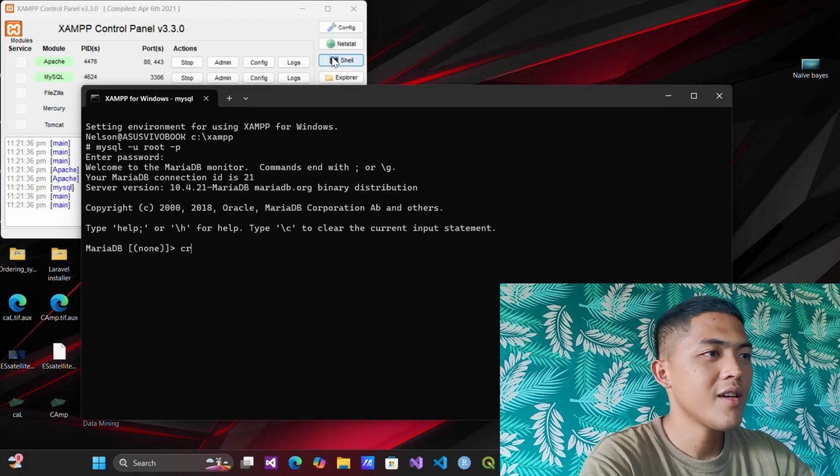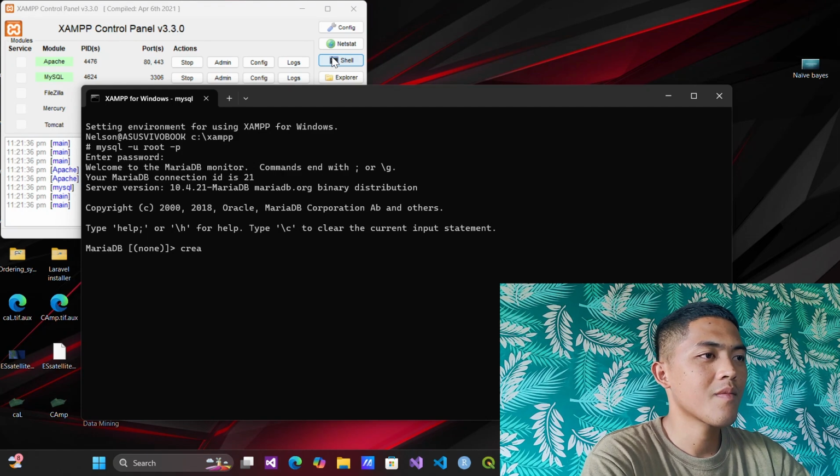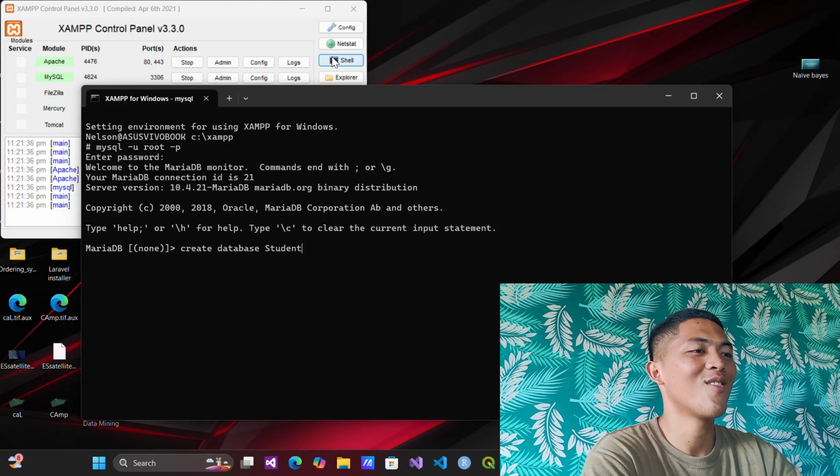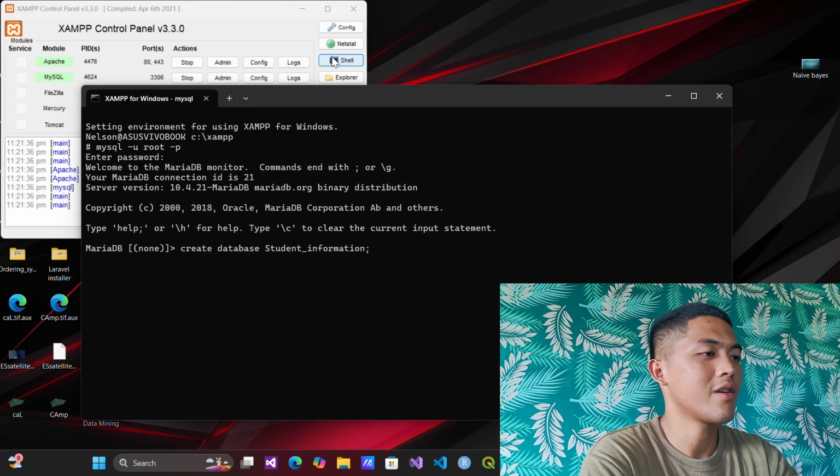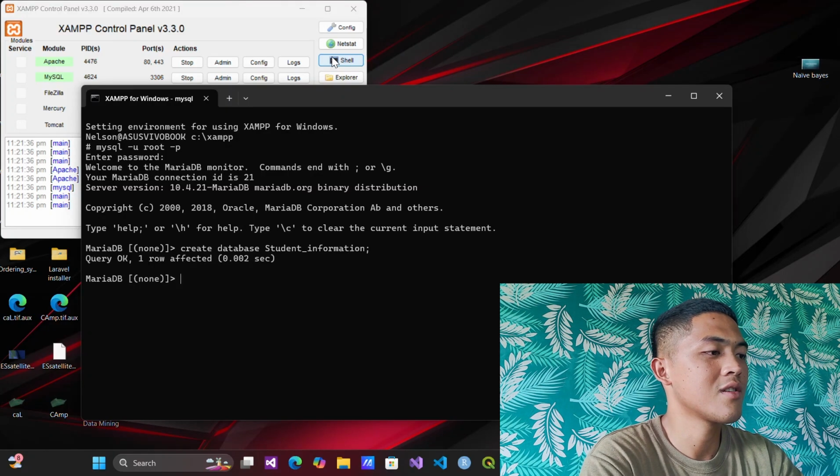To create a database, just type create database, the name, let's say for example, student information, and semicolon. To use the database, just type use, the name of the database.